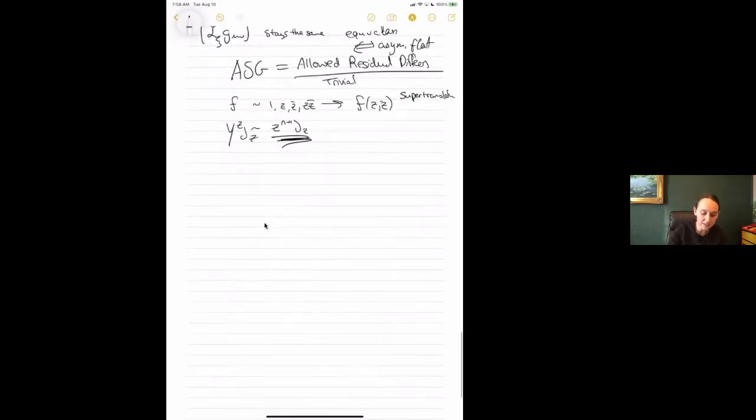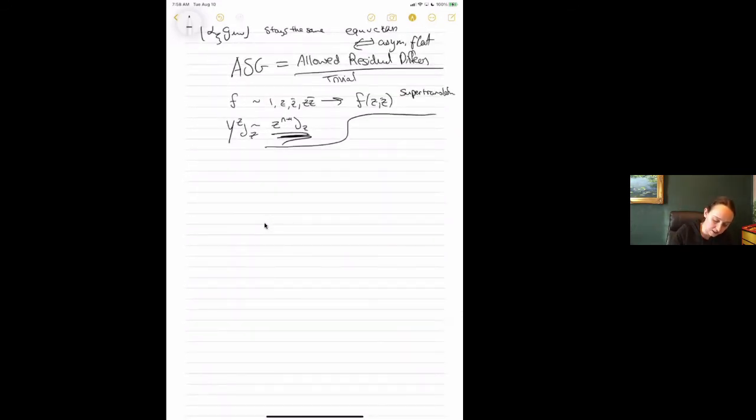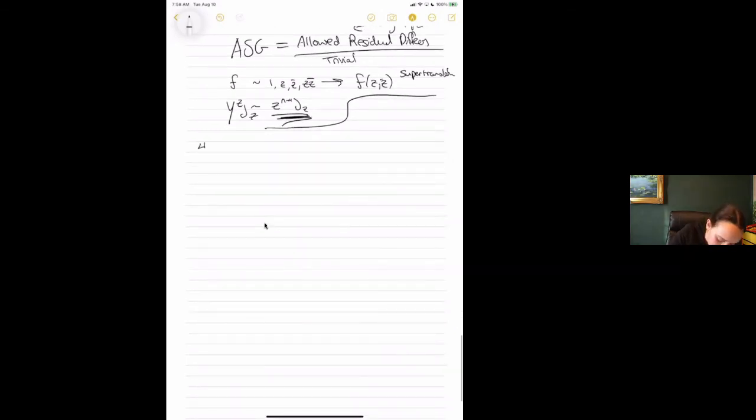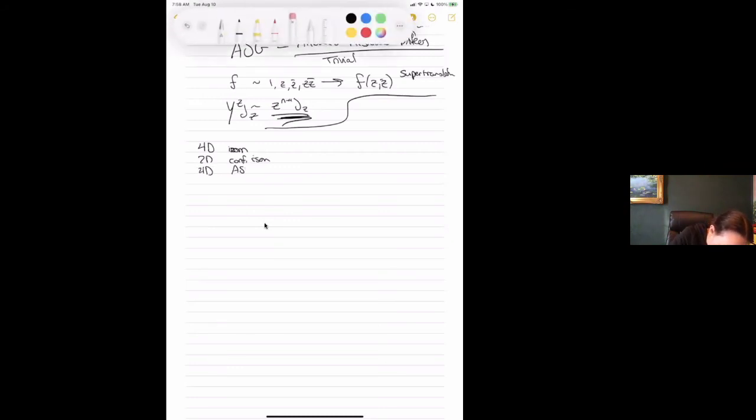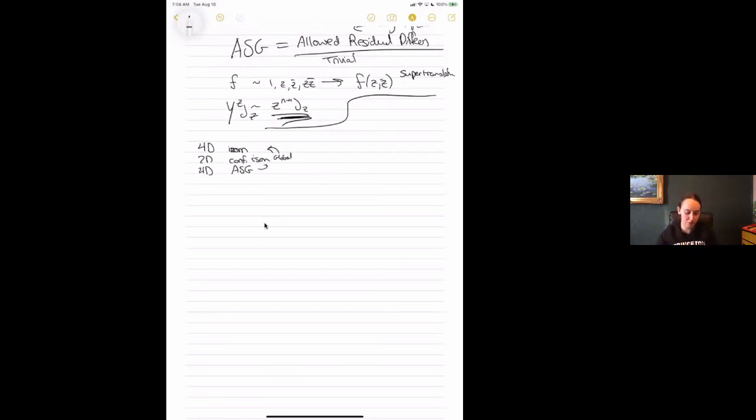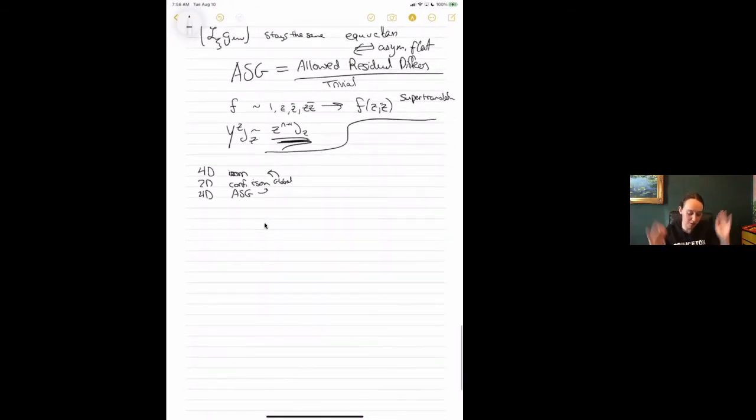So at this stage, let's recap a little bit. What we've looked at is 4D isometries, roughly 2D conformal isometries, and then 4D asymptotic symmetries. The global part was included here, and then to include the local part, we basically need to go up to this asymptotic symmetry story. So we have all these symmetries from different things happening around.